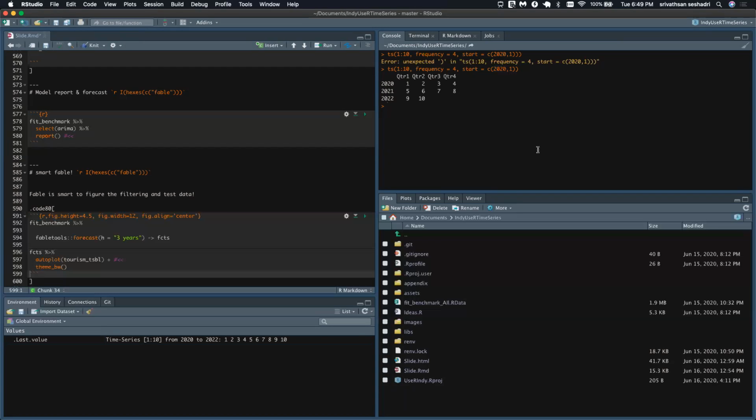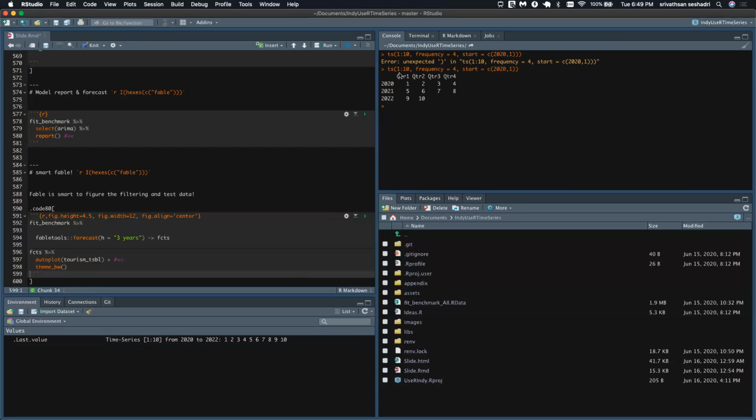So base R intelligently figured out that when I set a frequency of 4 and said I'm starting at year 2020, the first quarter, it automatically figured things out. So this is how a time series object looks. You can see it's basically a vector on this side of the screen.